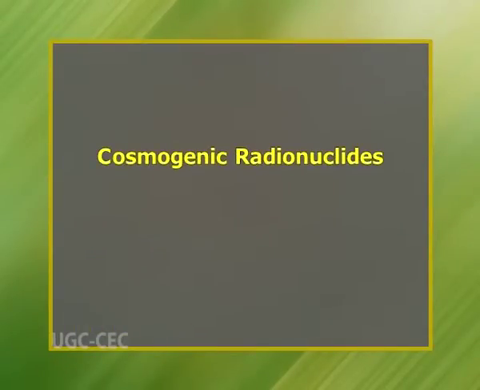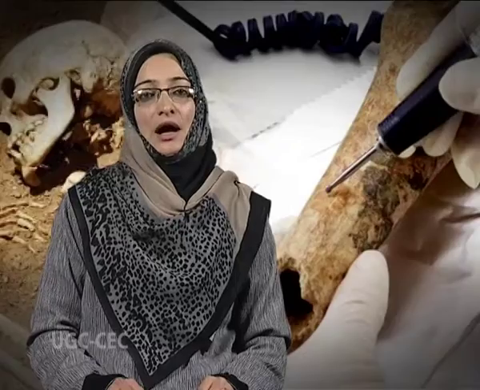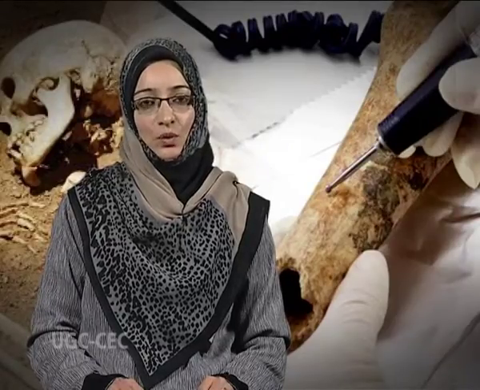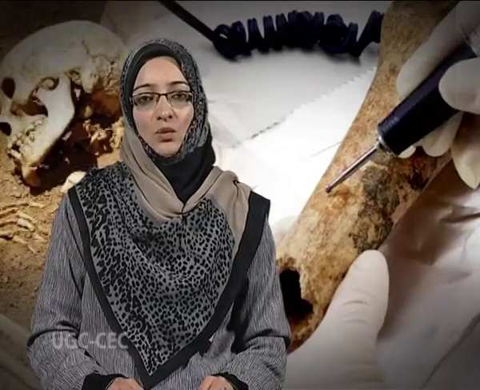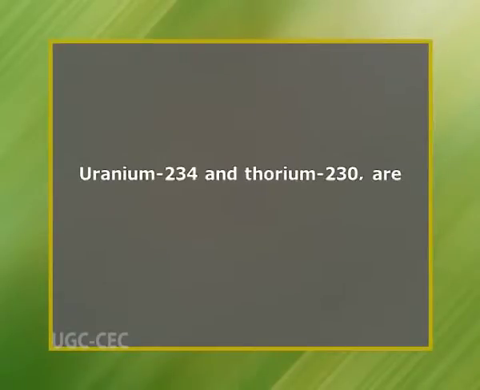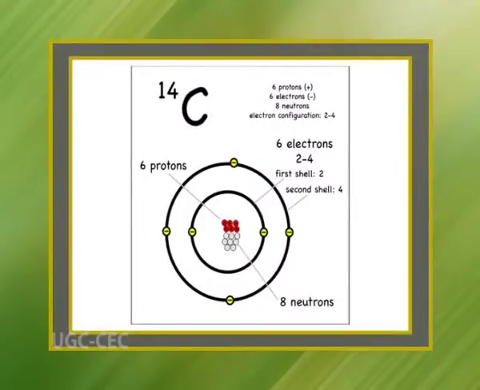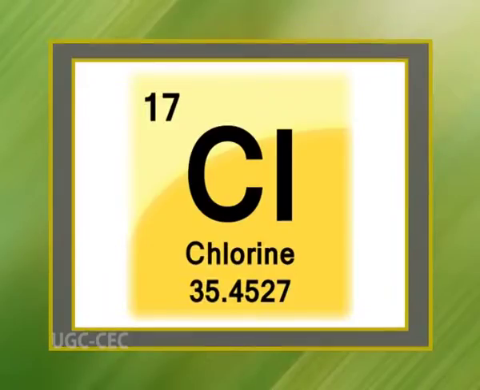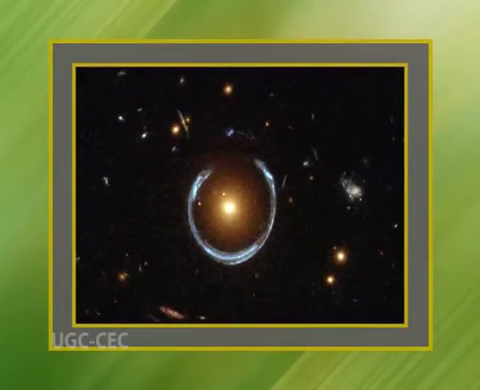Now, coming to cosmogenic radionuclides, that is carbon-14, beryllium-10 and chlorine-36. Unlike the radioactive isotopes discussed above, these isotopes are constantly being replenished in small amounts in one of two ways. Uranium-234 and thorium-230 are replenished as the long-lived uranium-238 atoms decay. The other three, carbon-14, beryllium-10 and chlorine-36, are produced by cosmic rays and photons in space as they hit the